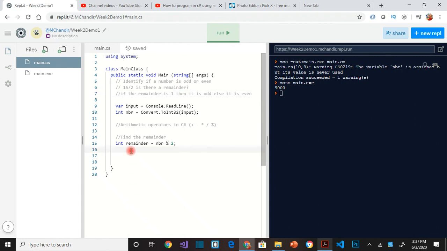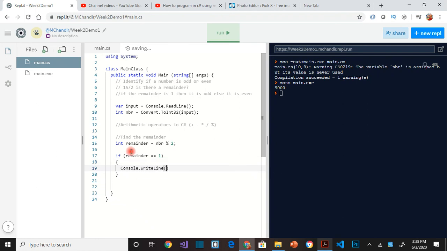From our toolbox, we know that conditional statements, we have the if statement and else statement in C#. So let's use the if statement. If followed by the parenthesis. So we have to say if remainder is 1, remainder is equal to 1. So double equal to for comparison. We are comparing if the variable remainder has a value 1. If that is the case, we are going to say